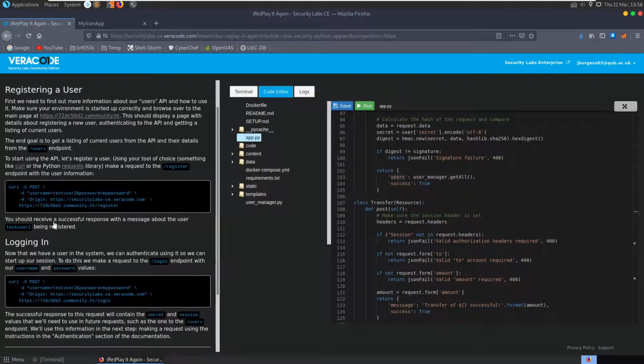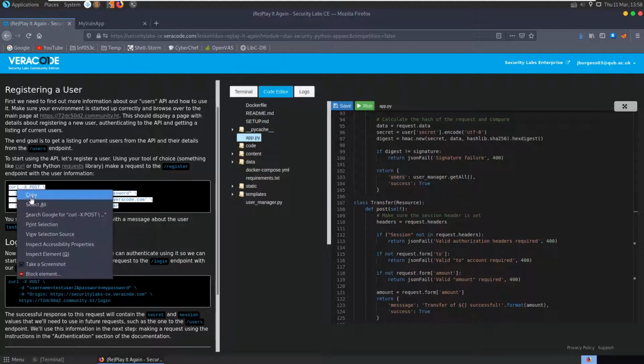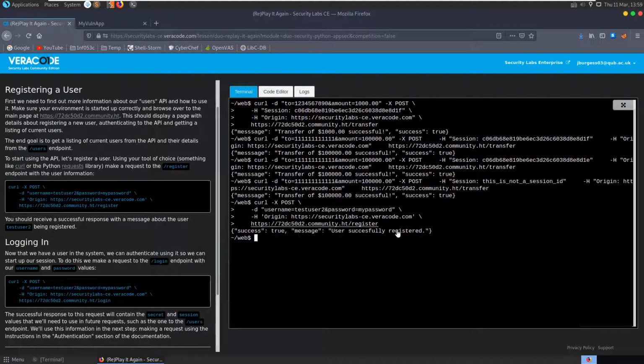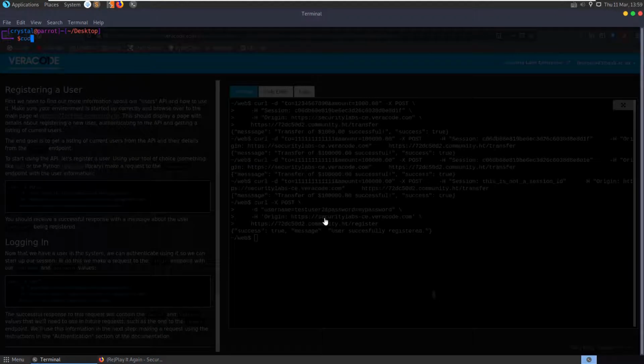So we register this, we should get a successful response with a message about test user 2 being registered. So we could do this with curl. In fact, let me copy this and we'll do that first. So we'll set up a curl, we've successfully registered test user 2, but I'm also going to set up a Python script and do some of this with the requests module as they mentioned there. So let's do codium replay.py,